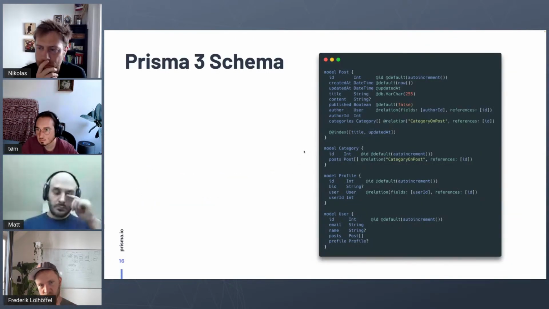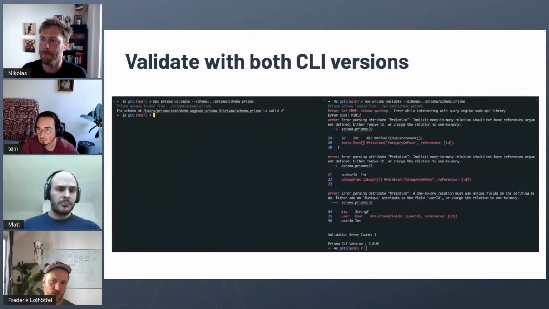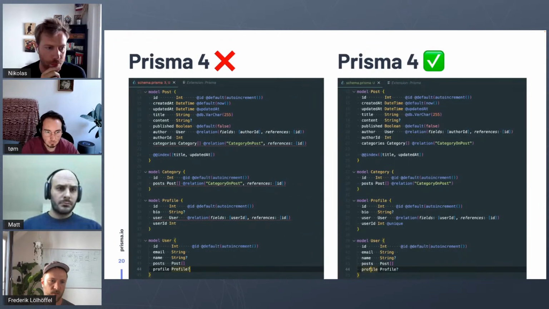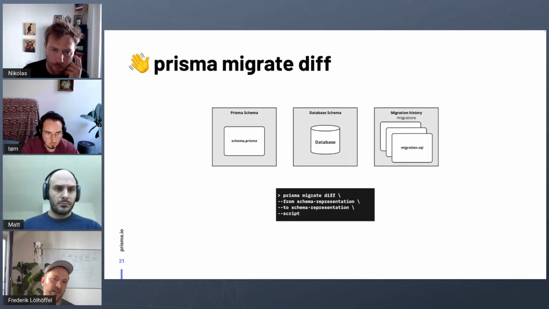So yeah, this is the schema that I looked at, and this is what I just showed you live. So I'm going to skip through those. Left, invalid, right, valid. Now comes the interesting part. I know you guys have demoed this in What's New in Prisma a few times, but I wanted to quickly